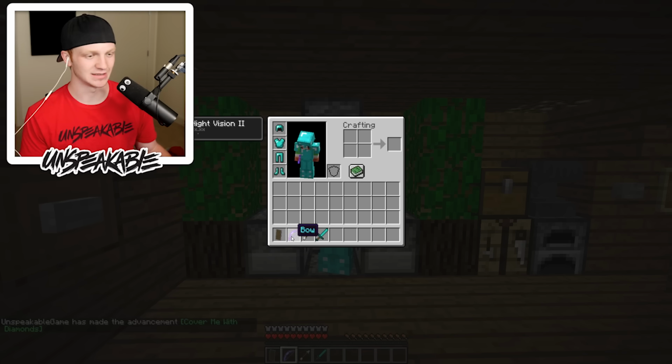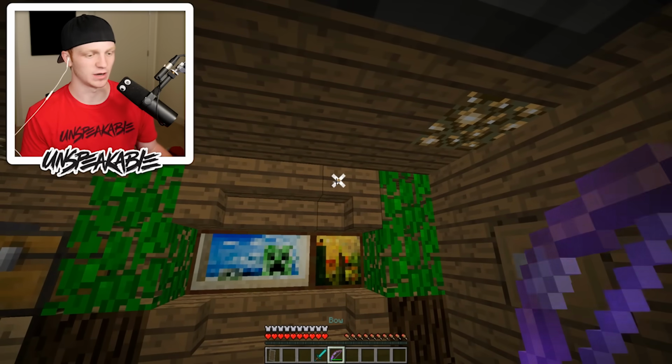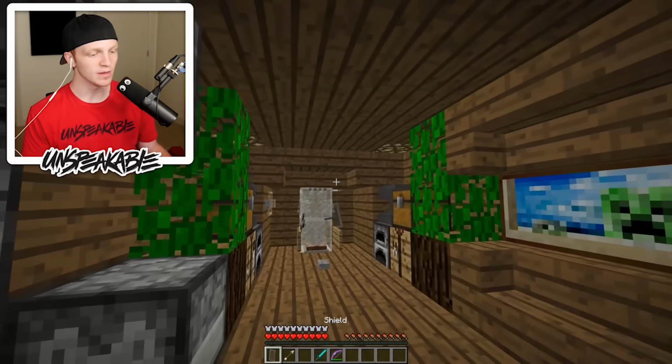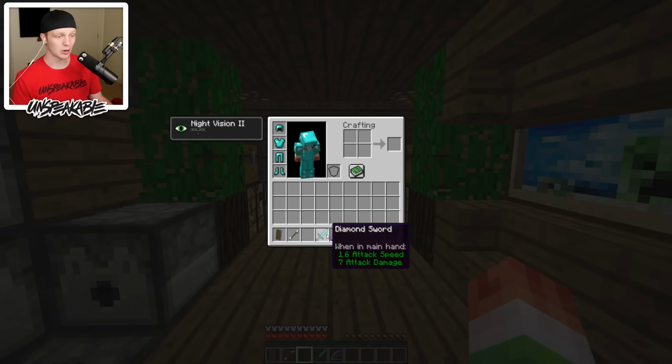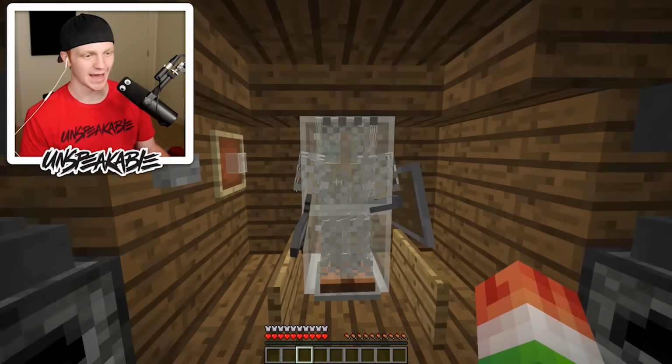Now, this bow has, I'm not sure what kind of a chance it has on it because it doesn't say, but I'm assuming it has infinity. Oh, it doesn't have infinity. Never mind. Could I have my arrow back, please? Thank you. And then we also have a shield as well. So that's pretty cool. And then if we head down here, this is actually an armor stand display with glass